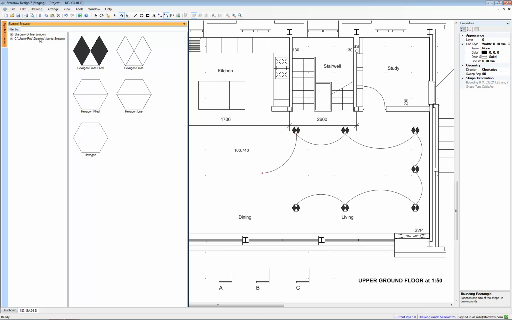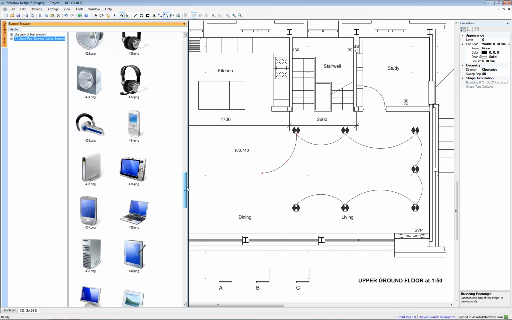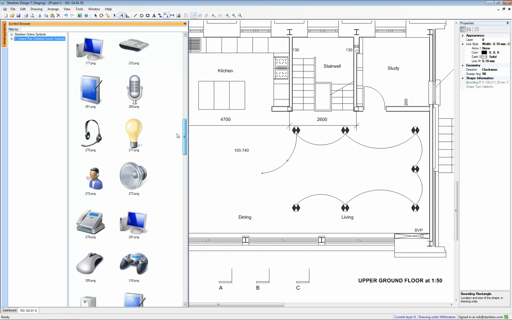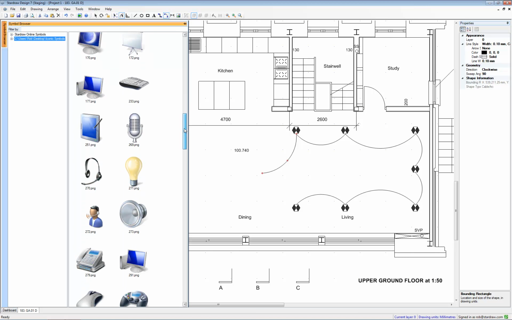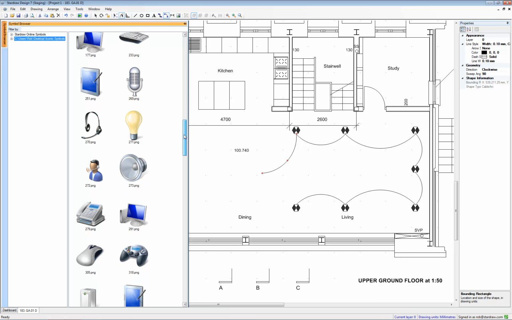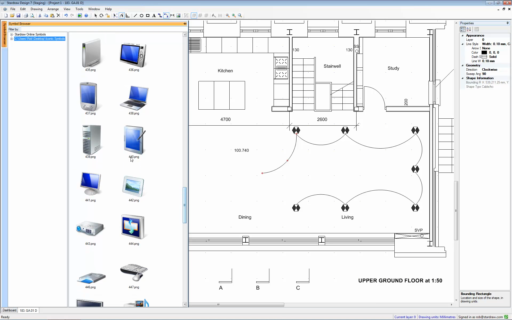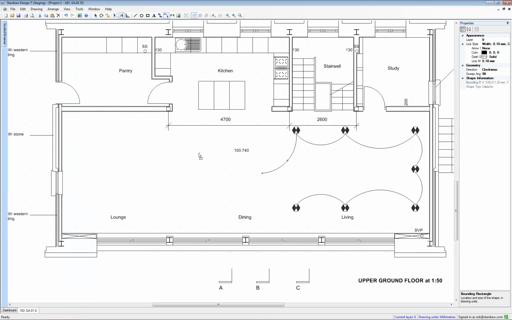So when we select this folder, you can see that this is now previewing all of the image files that I have in that folder, and I can use absolutely any kind of image format, whether it's a JPEG, a TIFF, a GIF, or, as these are, a PNG format. So let's say I have some kind of image that maybe represents a server. Notice when this image comes in, it's quite small relative to this to scale floor plan. So I'll simply scale it out,